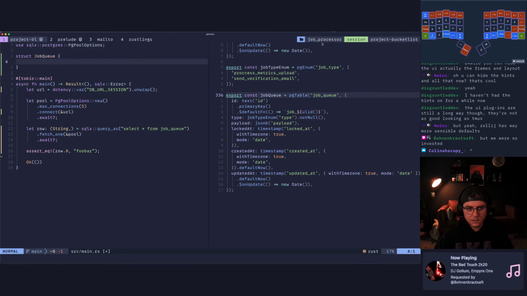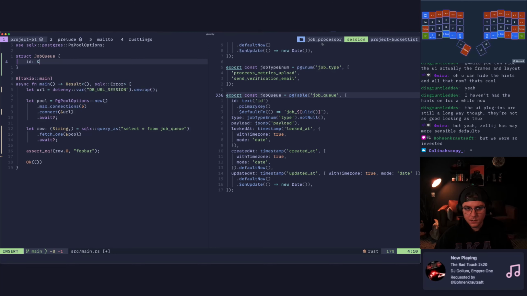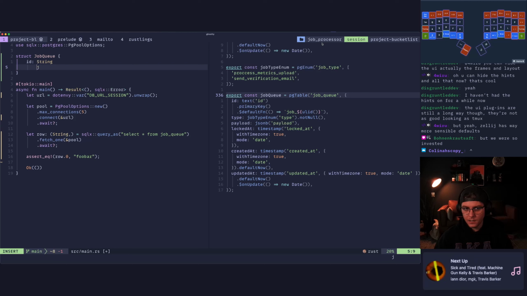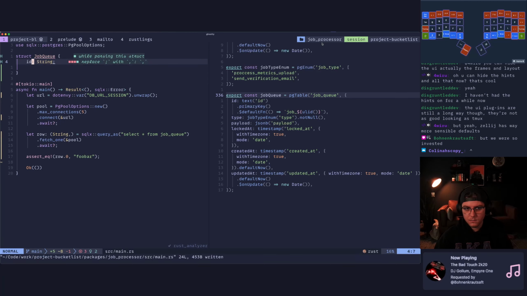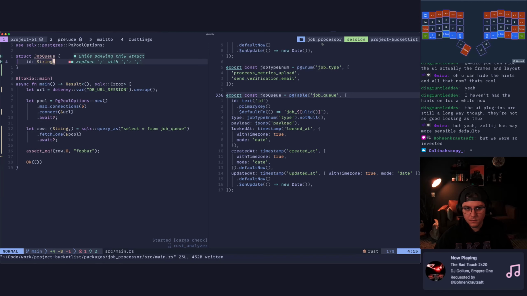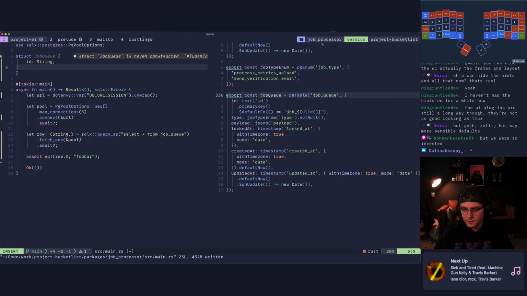Do that. Yep, and this is going to have an ID, which I guess should be a string. And then we want, if I do that, okay, it's a comma. Great. And then we want a type. So we need